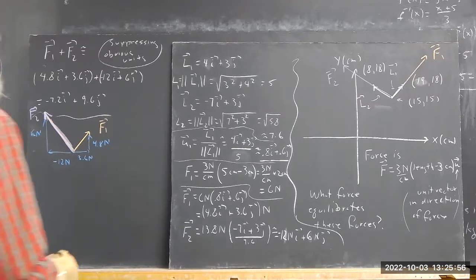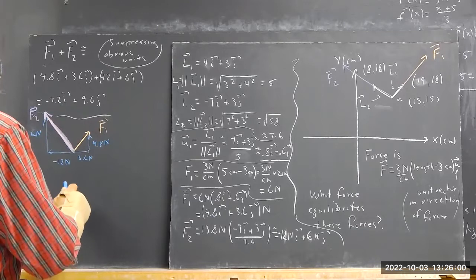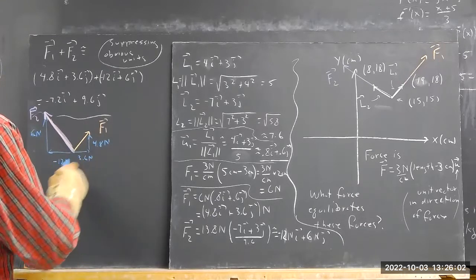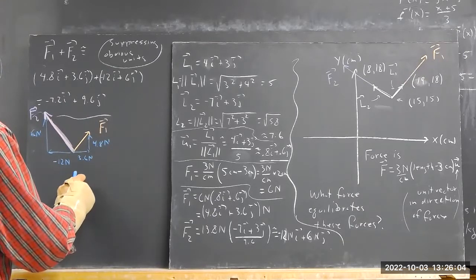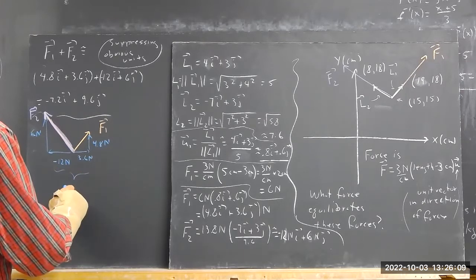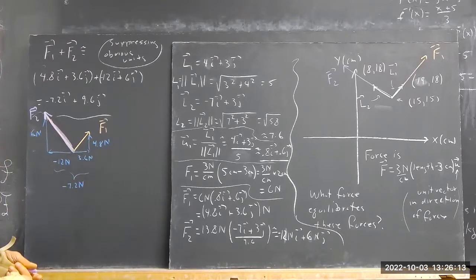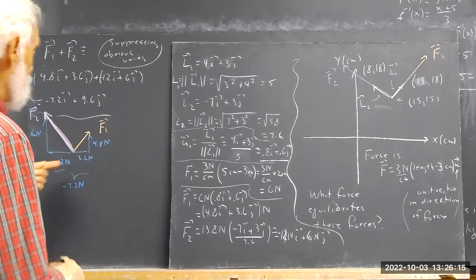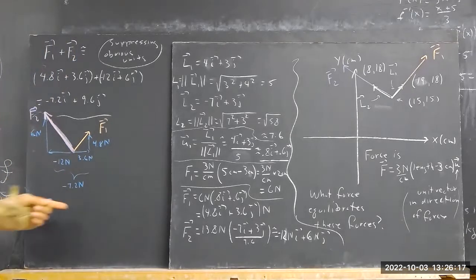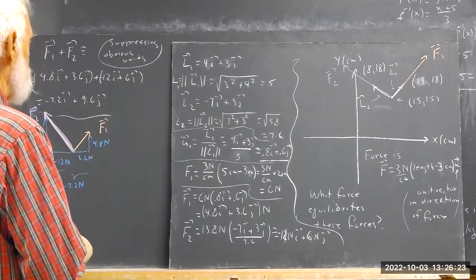Still, when we add these things up, we see that 3.6 newtons and the negative 12 newtons result in negative 7.2 newtons. Okay. 3.6 this way, 12 that way gives us 7.2 that way. Up here, these reinforce: 4.8 and 6 give us